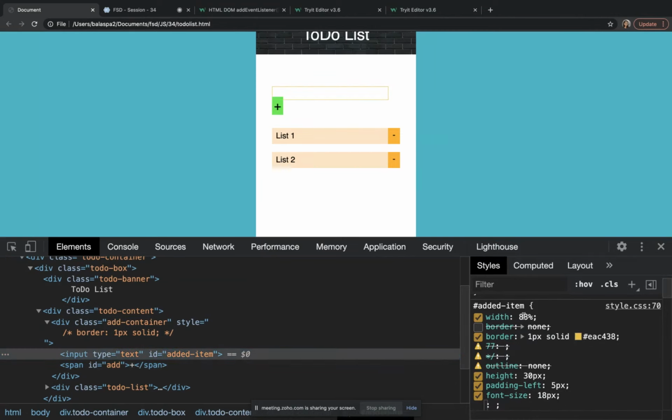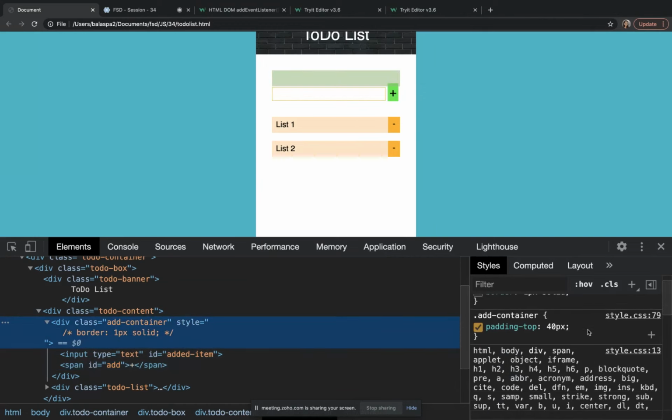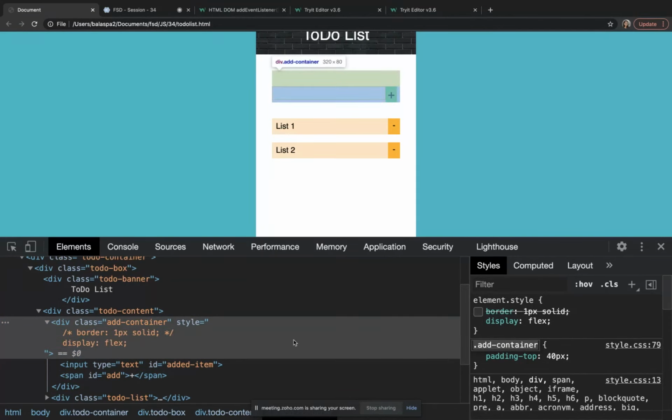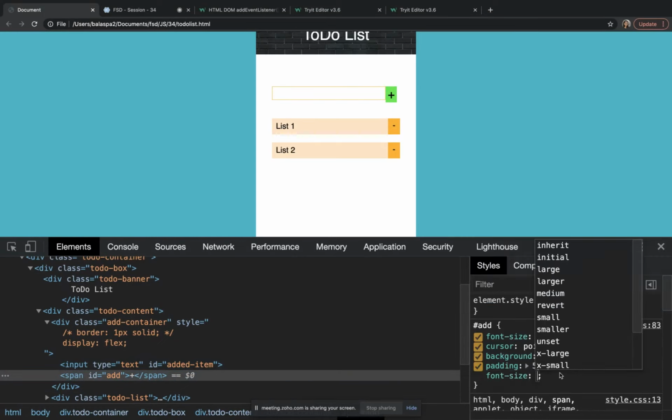This is because the width is high here, so it is coming out. There is a gap between these two because I think I gave display flex. I can decrease the font size.